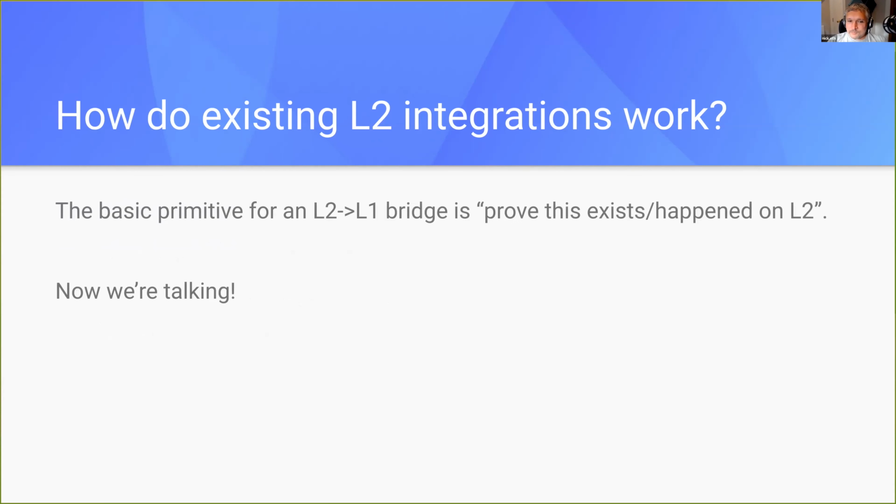So what's message passing built on? The basic primitive for pretty much all bridges is prove something exists or happened on L2, or vice versa for L1. And this is a much more useful primitive. So to give you an idea of how this works, when you send a token from Ethereum to Optimism, what it looks like is that you're sending a token. Underlying that, you're actually passing a message from Ethereum to Optimism saying, I locked this token, please mint one for me on Optimism.